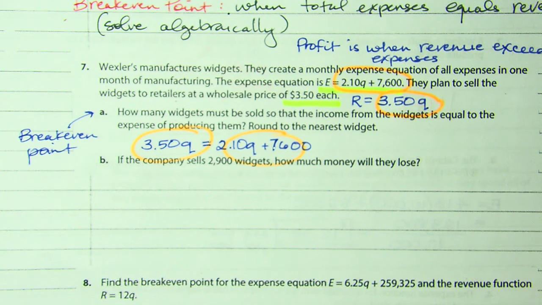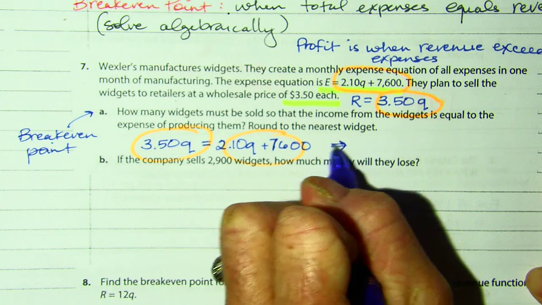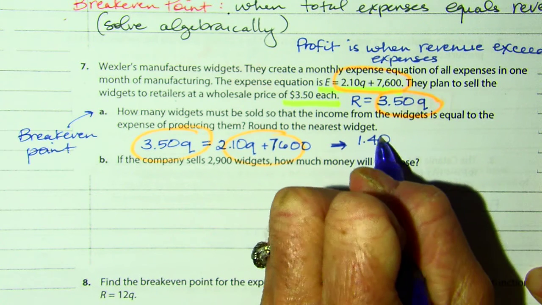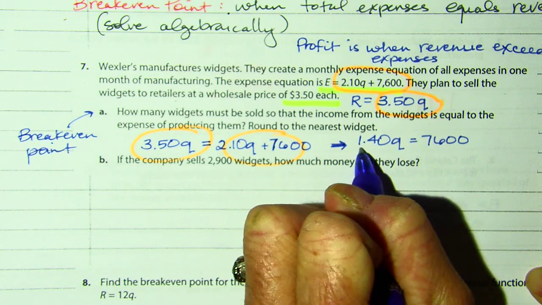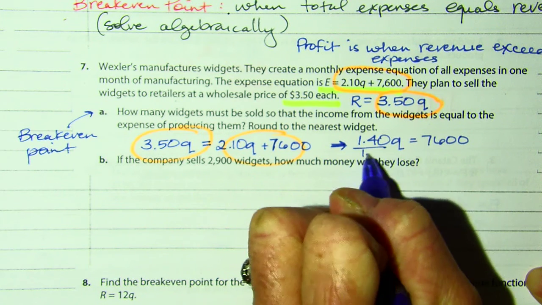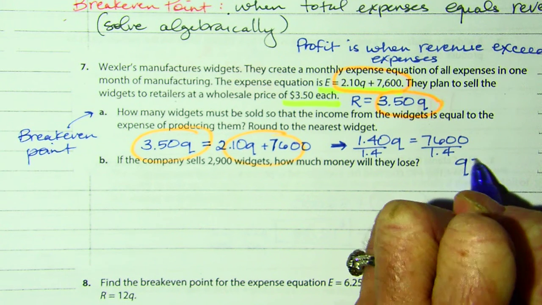So I'm going to subtract 210Q and bring it over here. And that gives me 140Q equals 7,600. And then we're going to divide by 1.4. And I get Q equals,